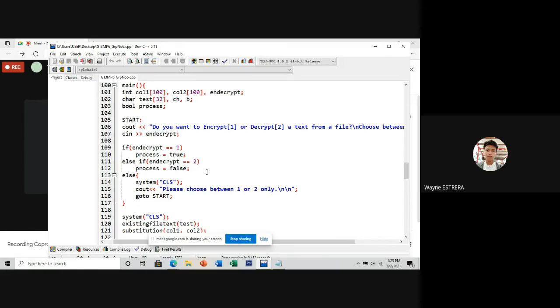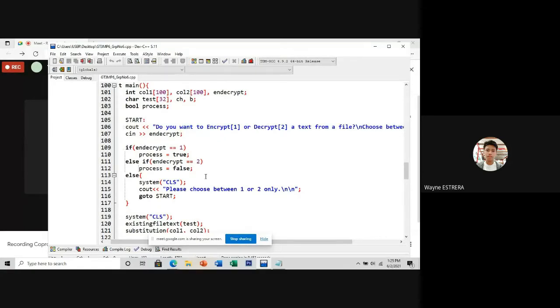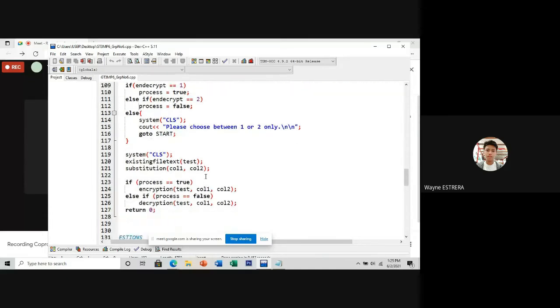In the main function, we have an if-else that redirects the user to the encrypt function if it is true, and the decrypt function if it is false. And for the exist file text function,